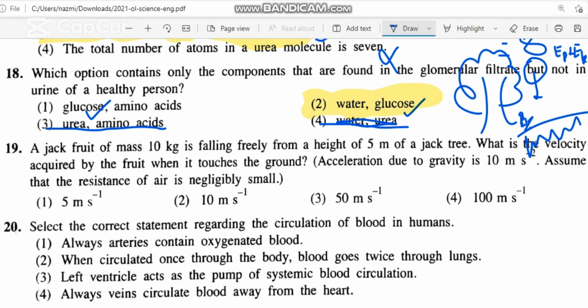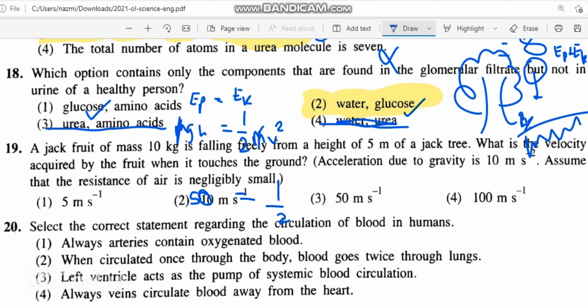So basically the top potential energy and the bottom kinetic energy are equal. Potential energy is the mgh equation. Kinetic energy is half mv squared. So m and m will get cancelled. So you have g and h. g means 10, the gravitational acceleration. Height is 5. 10 into 5, 50. On this side you have 50, equal to half v squared.